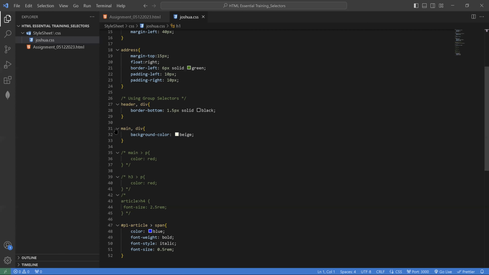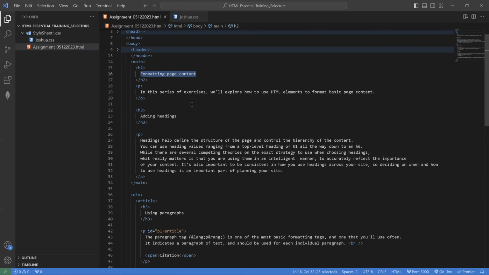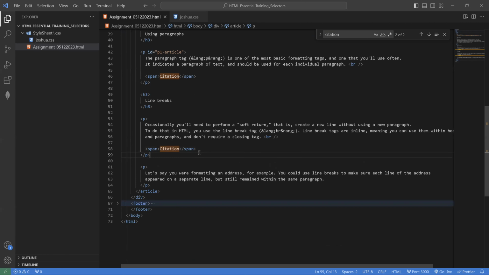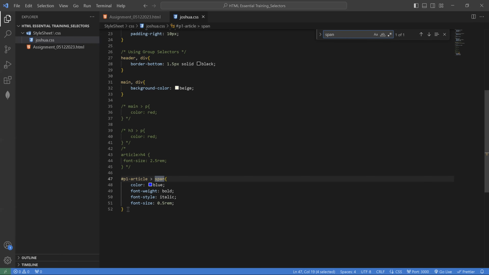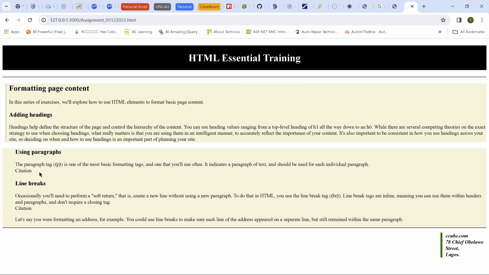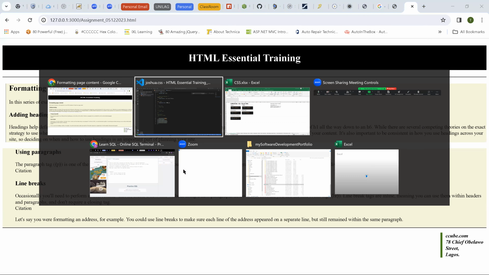Citation is what again? Let me see. Where is citation? Find citation. Okay, the span tag there. Okay, this one. Let me remove this one. Comment it out. Okay, so now let's say